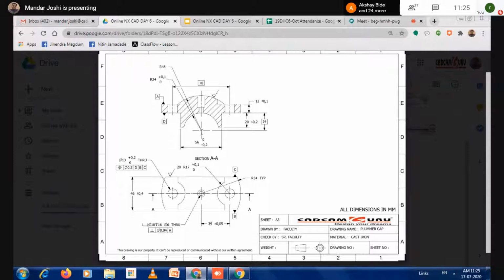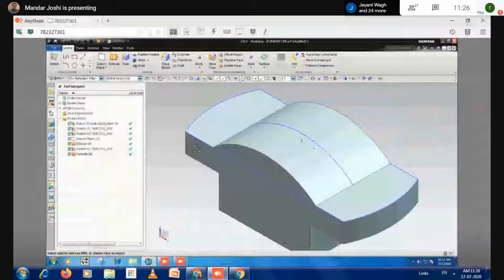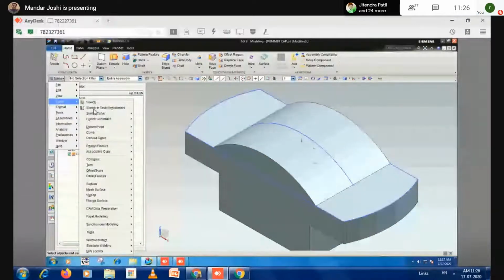This hole is cut through circular cutters. Okay. So you select the extrude cut option instead of hole. Okay. So I'm going to use that. Use the menu option, insert, sketch in task environment, select this plane.